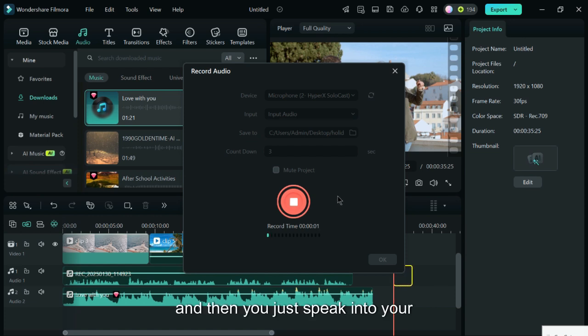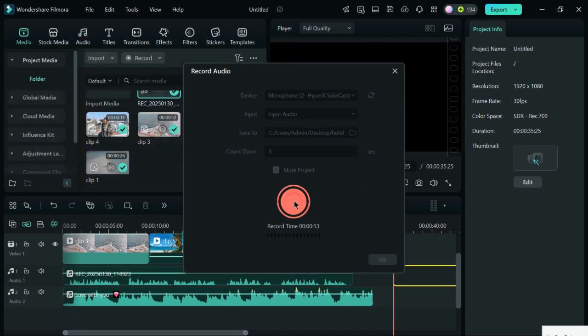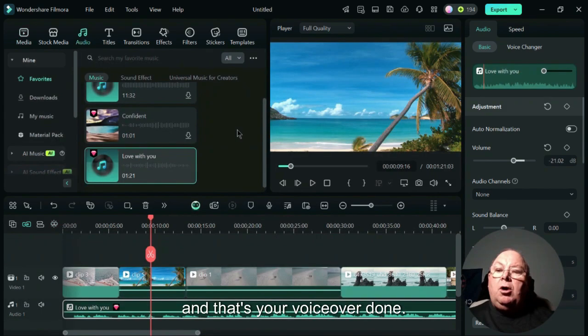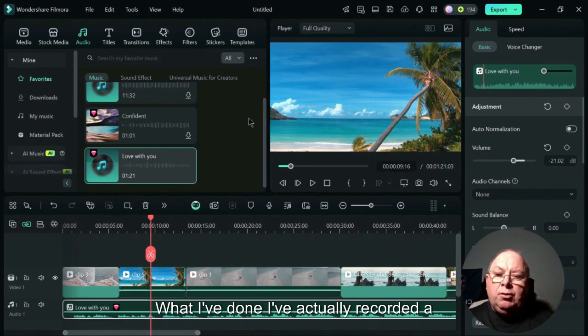And then you just speak into your microphone, and it will set up a track straight away onto the video that you're creating. Then press it again, and you can stop it. And that's your voiceover done. What I've done, I've actually recorded a voiceover for this. So I'm going to go to